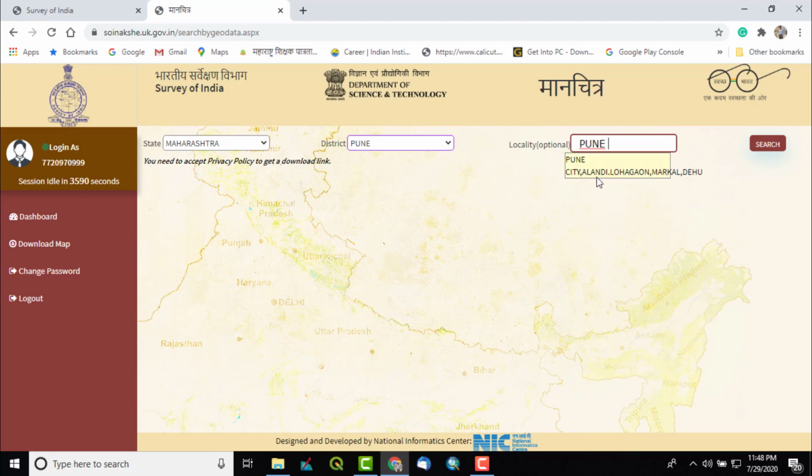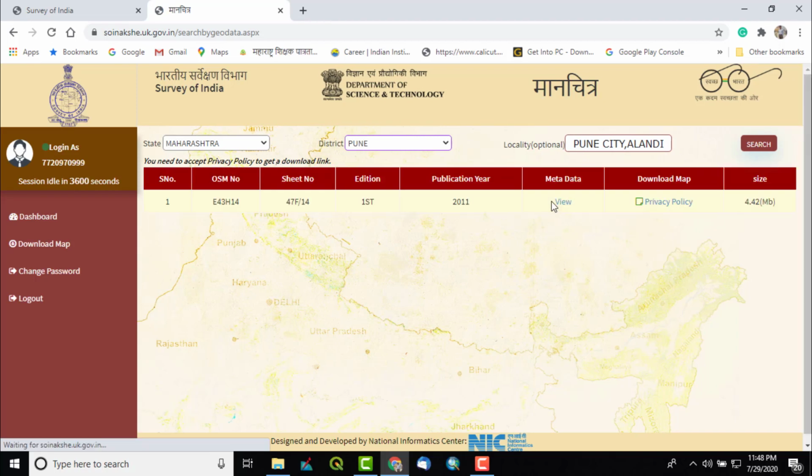There are other localities like Anandi, Lohgaon, whatever. So I click on that and click on search. Now since it is a city, it has only one output.